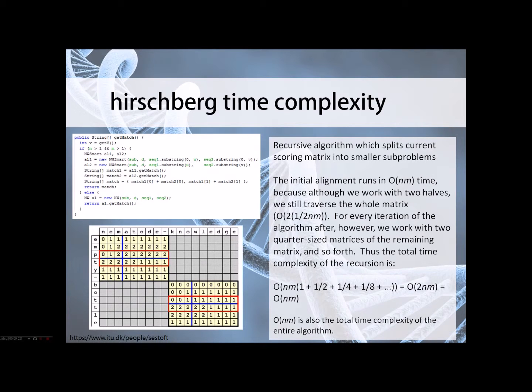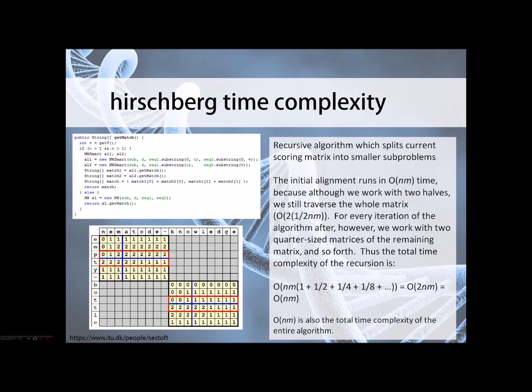So this is the recursive portion of the Hirschberg algorithm, and it splits the current scoring matrix into smaller subproblems. The initial alignment takes O(n) times m time, as 2 halves make a whole. But for every iteration of the algorithm after, we work with half-size matrices of the remaining matrix and so forth. So the total time complexity of the recursion is